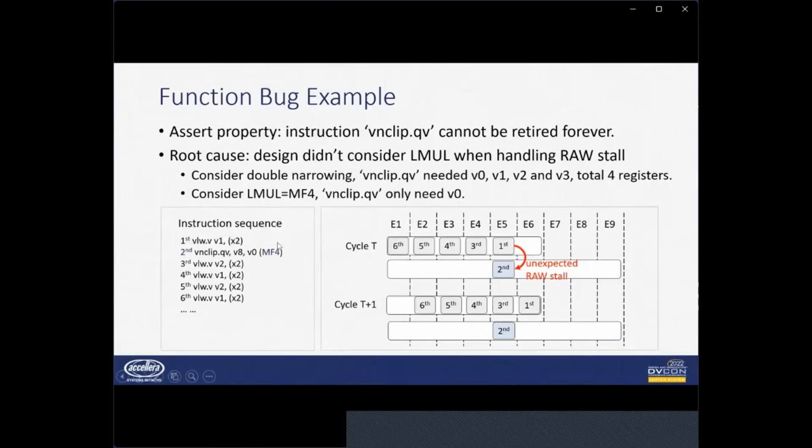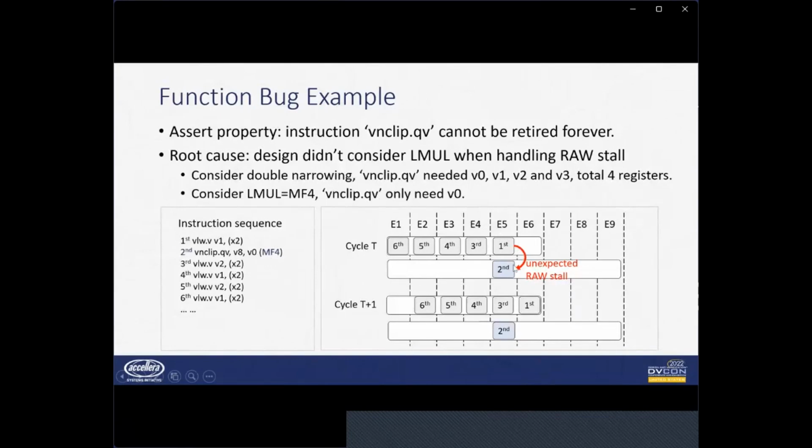So actually, the first instruction VLW and the second instruction vnclip.qv have no data dependency. But our RTL implementation didn't consider LMUL when handling this data hazard,